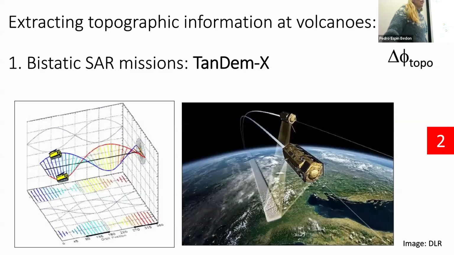Ideally, what you want to get at topography from InSAR data is a bistatic mission, where you have acquisitions from different geometries acquired at the same time. The nice thing about that is that the atmosphere will be fairly similar, and you can optimize the satellite separation for getting at topographic information. I don't know if you've come across the SRTM data set for topography. That's the method used to produce that.